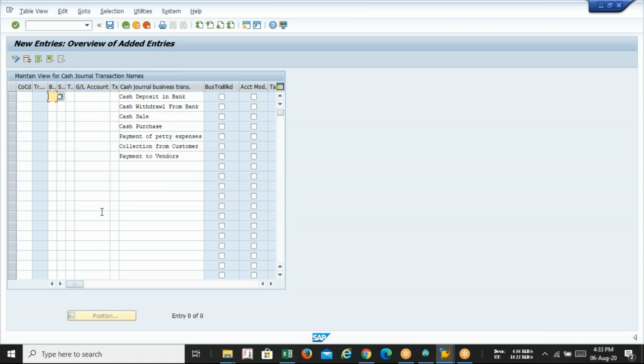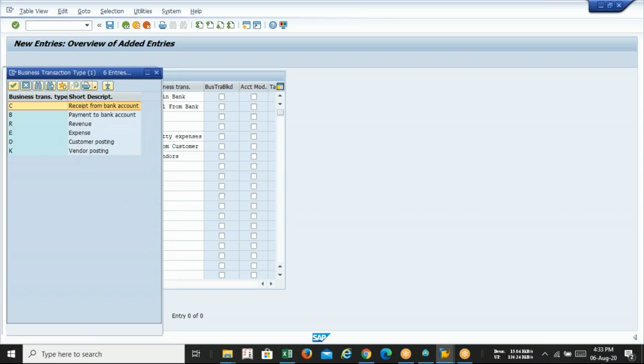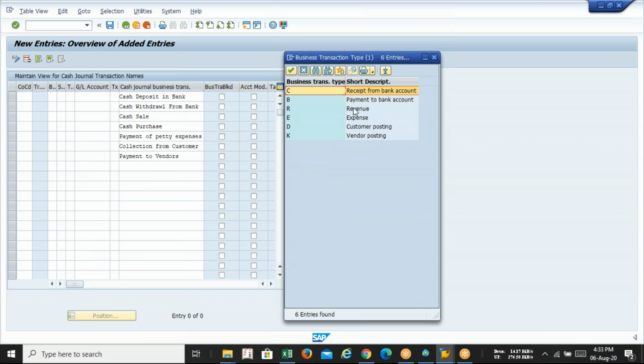So these are the different transactions we face in daily life. Now you have to define the transaction. For cash deposit into the bank, try to recognize which transaction type will support it. If I consider cash deposit in bank, which kind of transaction will support this business transaction?